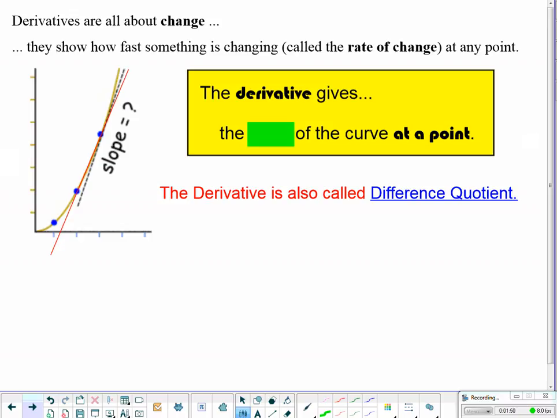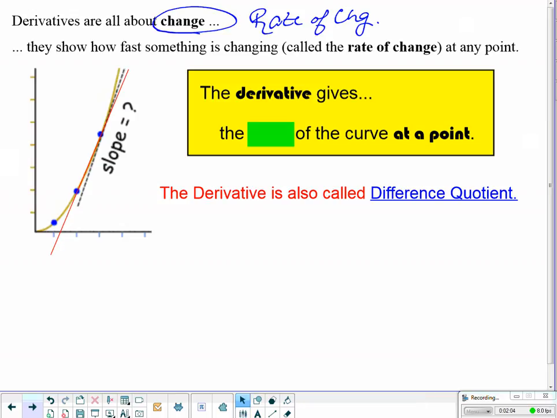So derivatives are all about change, really more like a rate of change. And they show how fast something is changing at any particular point. The derivative gives us the slope of the curve at a point. And the derivative could also be referred to as a difference quotient. And we could think of that as being